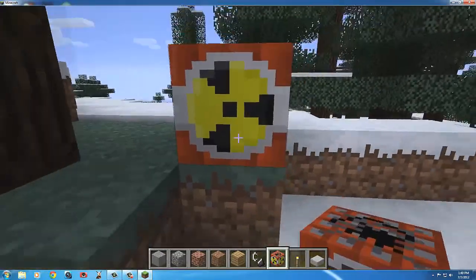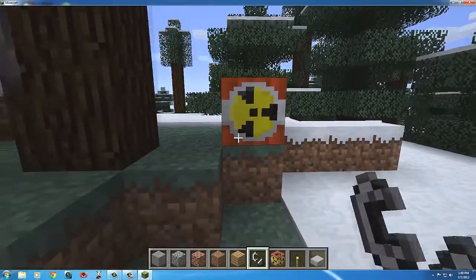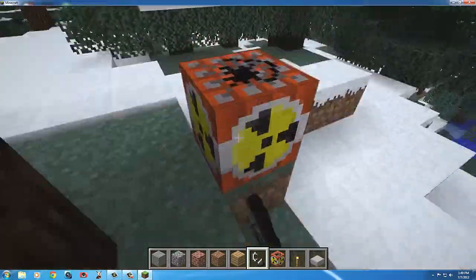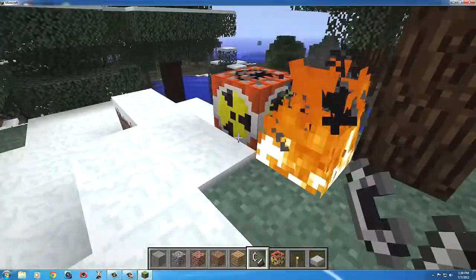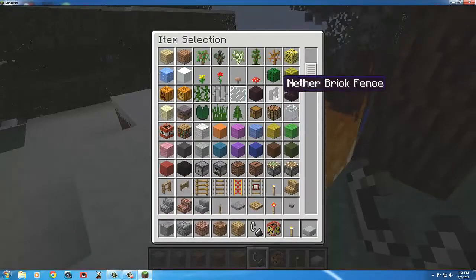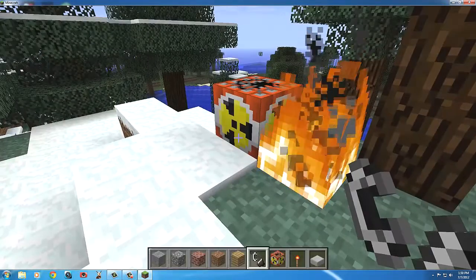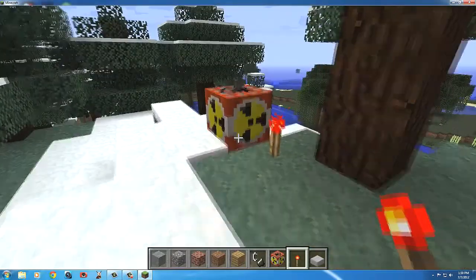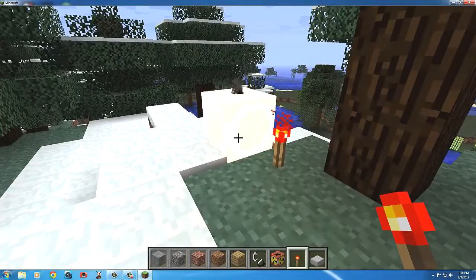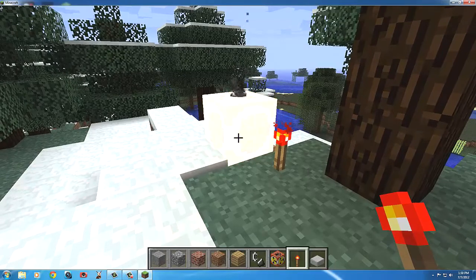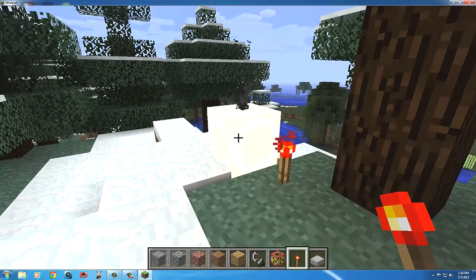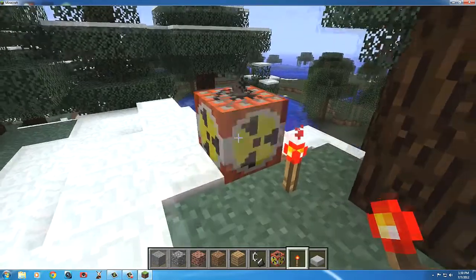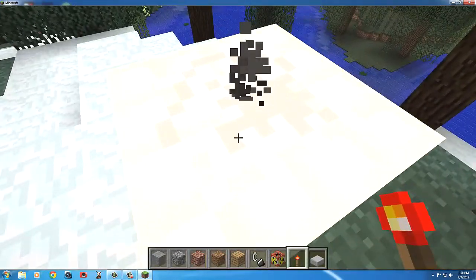If I can put this down, which I can, and set it on fire. Okay, I'll try a redstone torch. Yep, that did it. Since this is really loud, by the way, I need to fix my settings. This is going to be really loud in about 5 seconds. But if this blows up and makes a giant hole, then Industrial Craft works. And what better way to test than with a nuke?